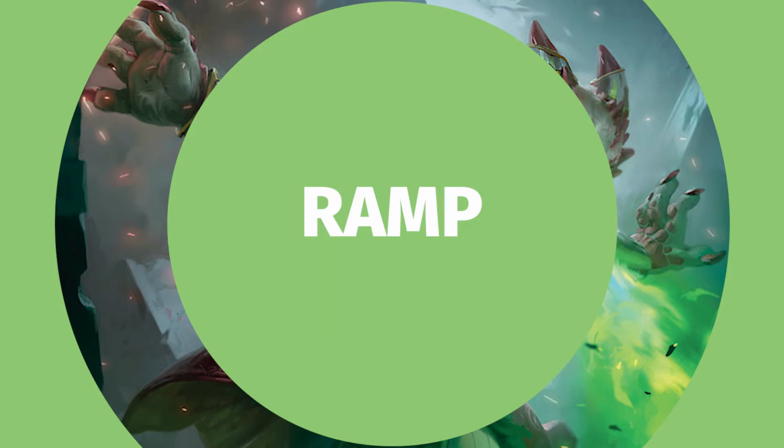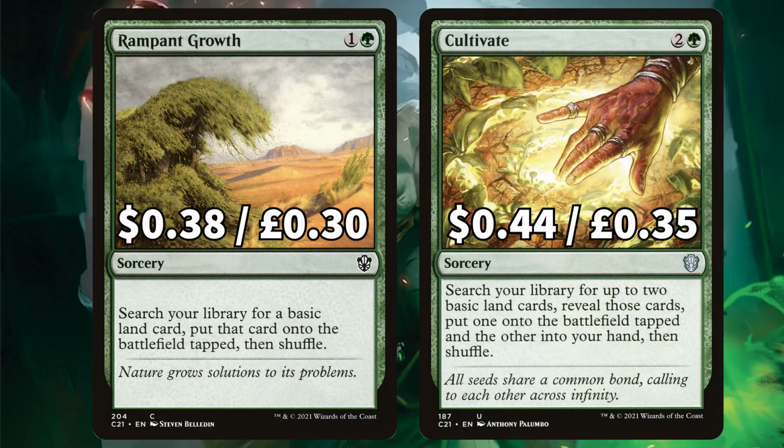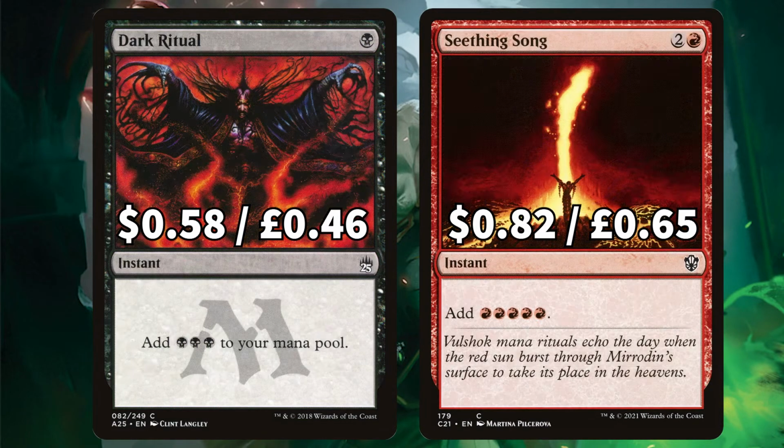As always, we're starting off this budget brew hot with all of that ramp. First one up is Rampant Growth to search your library for a basic land, putting it onto the battlefield tapped, and Cultivate to search your library for 2 basic lands, putting one in your hand and the other onto the field tapped. There's Dark Ritual to add 3 Swamp to your mana pool, and Seething Song to add 5 Mountain